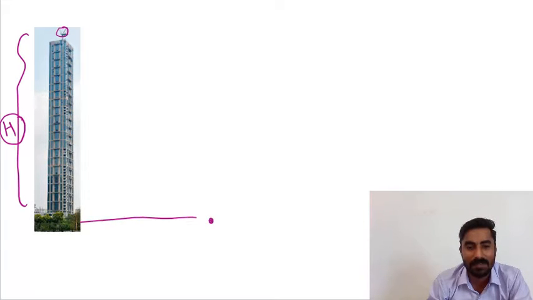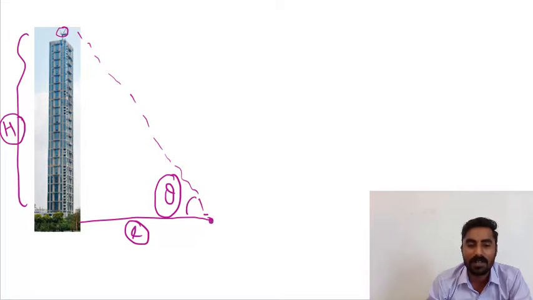Here we can see some applications of trigonometry. Suppose you want to measure the height of this building, which is h. First, you can go to the top of the building, drop a rope, measure the rope, and find the height. Second, if you are standing in front of this building, you can measure this length very easily, and you can measure this angle also, which is theta.